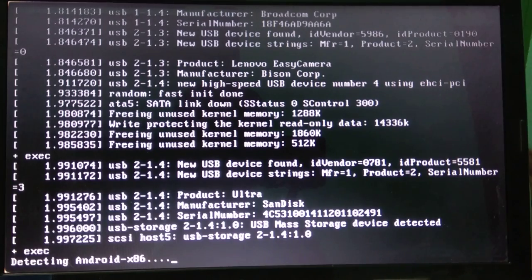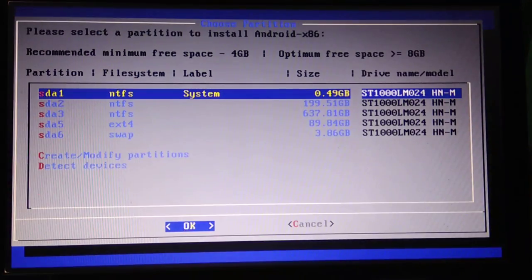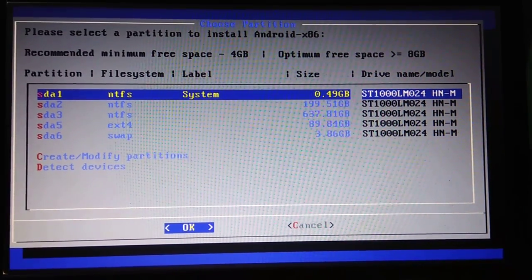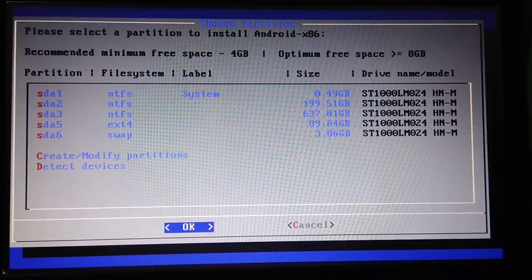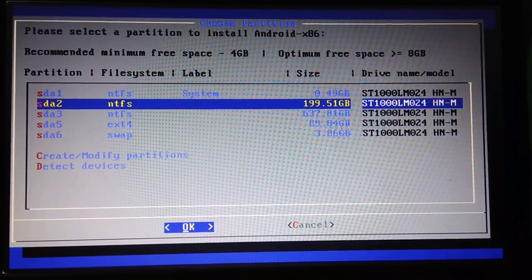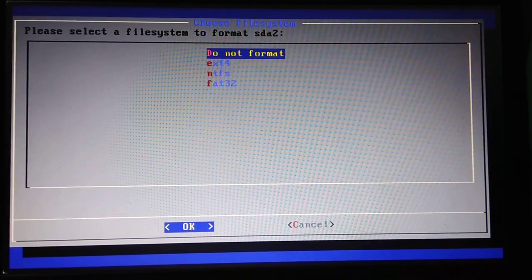So coming in after some time to see another page. Here select a drive on which you have to install the software. I am selecting this drive. Press OK. Click do not format.